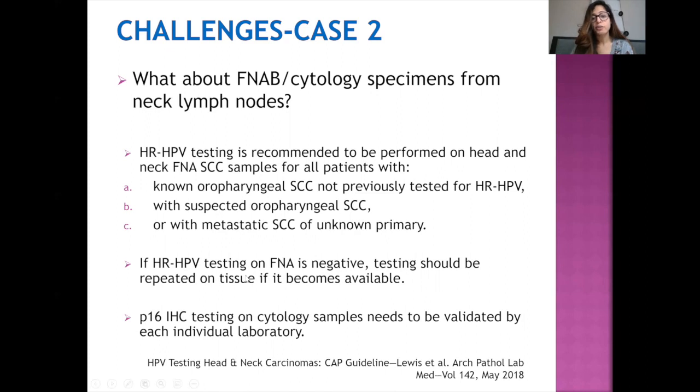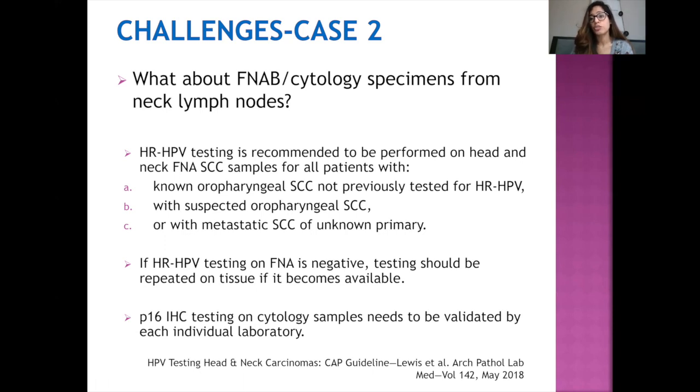If the high-risk HPV testing on the FNA is negative, usually I put in a comment saying that there should be retesting done on a final tissue specimen when it becomes available, because we know we have limited material on FNA in cell blocks. For performing P16 immunohistochemistry on cytology samples, the lab needs to actually validate it on cytology